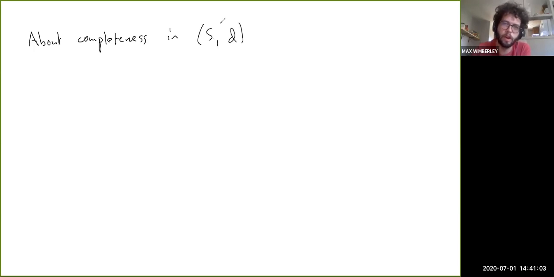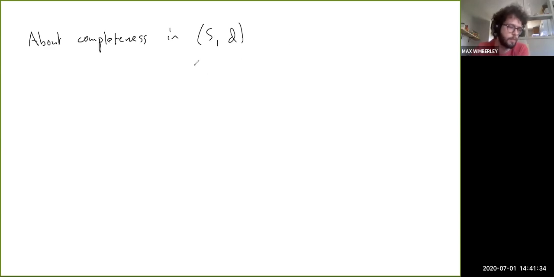Notice how they write pairs like this. The metric space is technically the pair of the set and the distance function. But you'll also notice that a lot of the time, instead of writing out the whole pair, we'll talk about the metric space and just refer to it as S, even though S is technically the underlying set. If it's obvious from context what the distance function on S is supposed to be, we'll usually just refer to a metric space as just S.